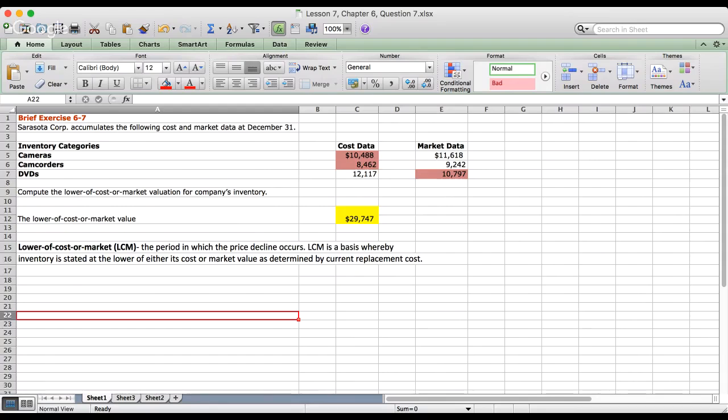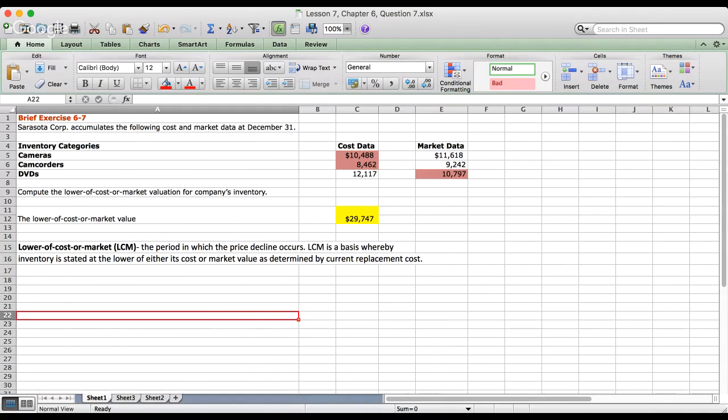So to compute the lower of cost or market evaluation for the company, we need to add these numbers here, the 10,488, 8,462, and 10,797,